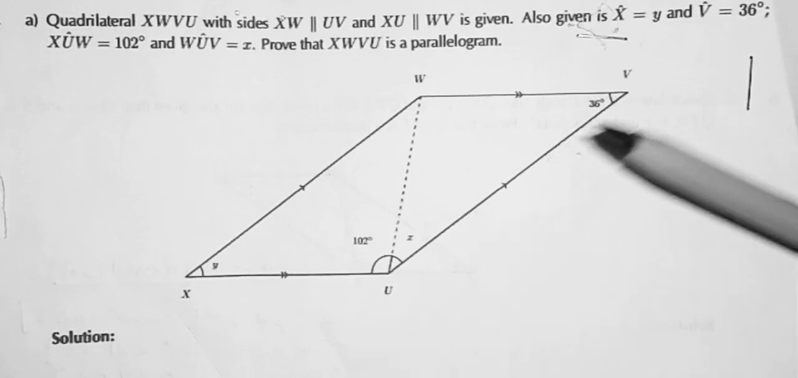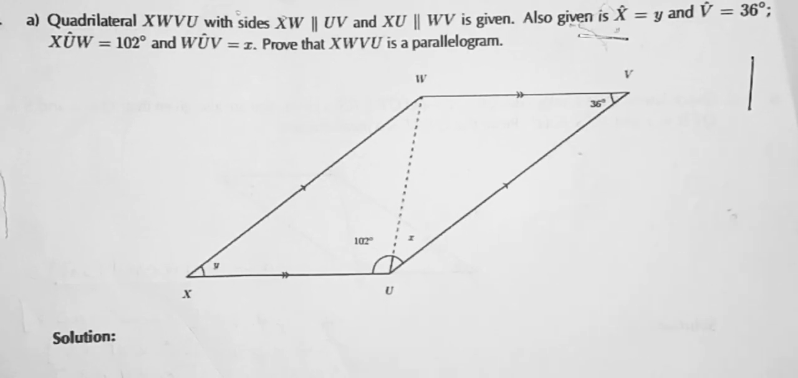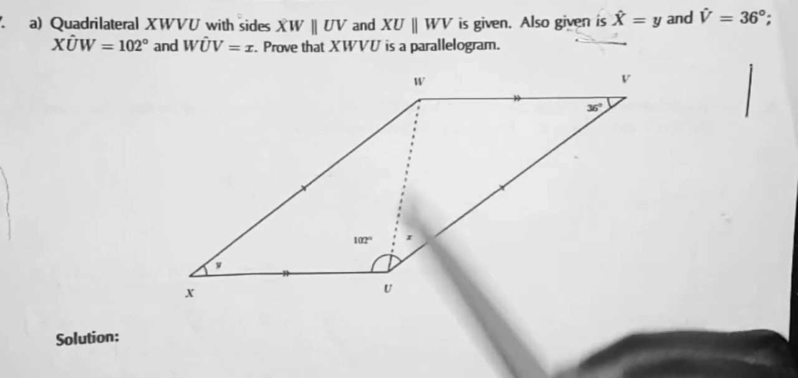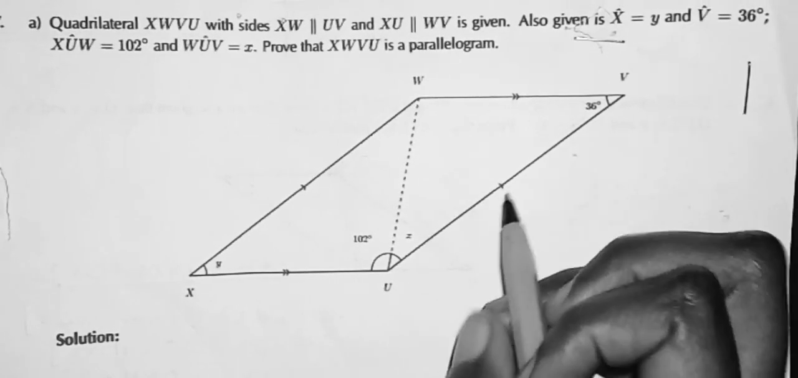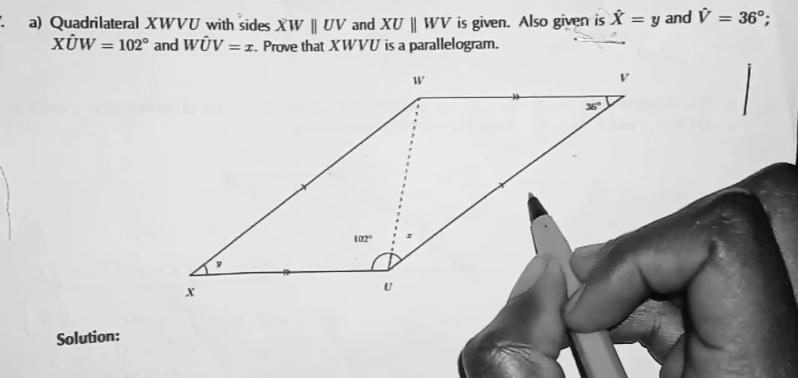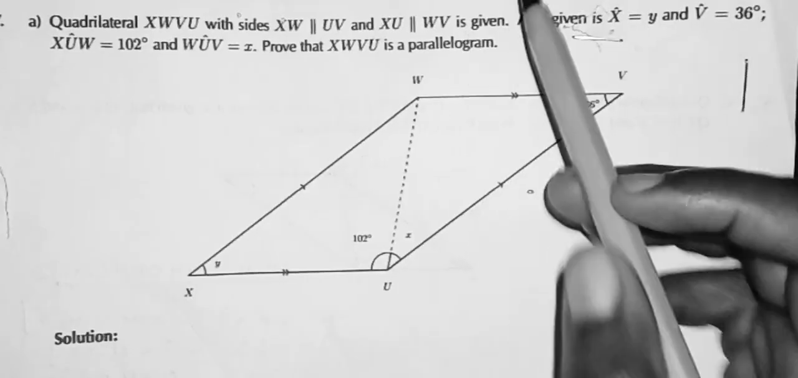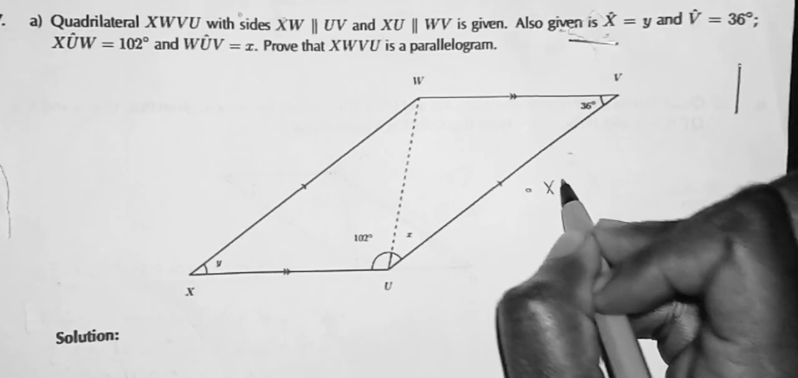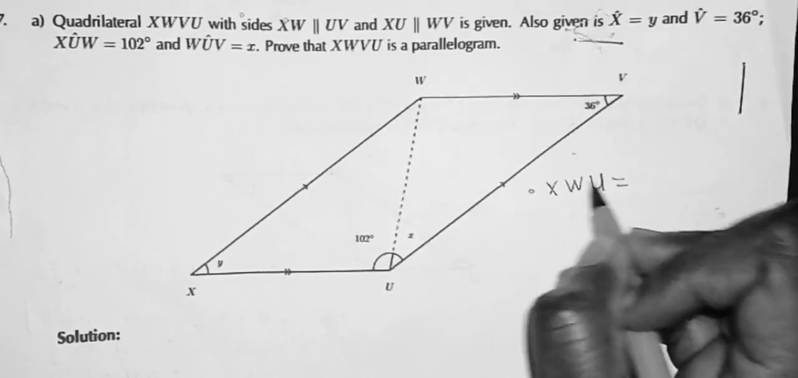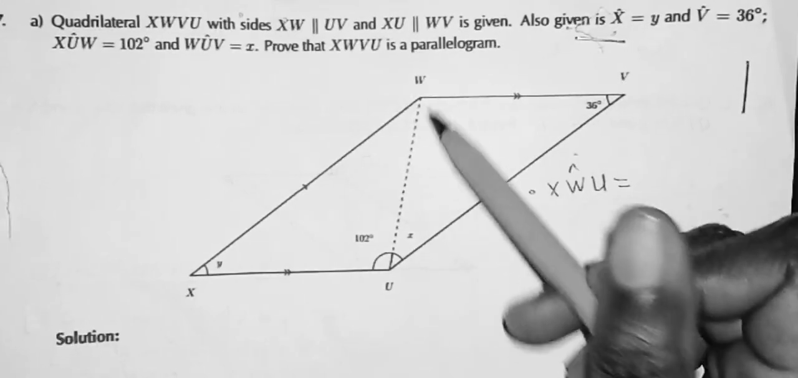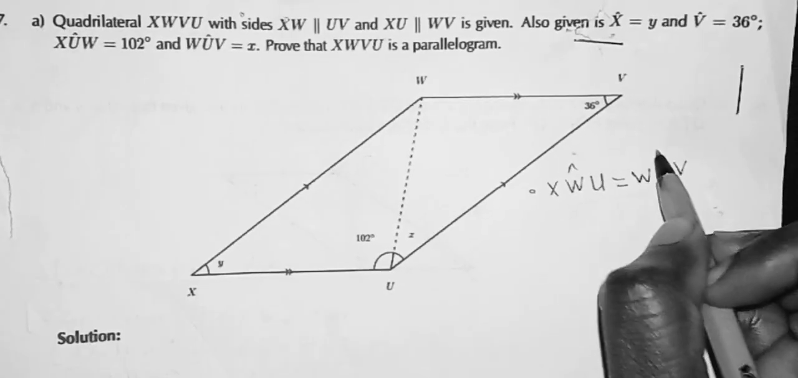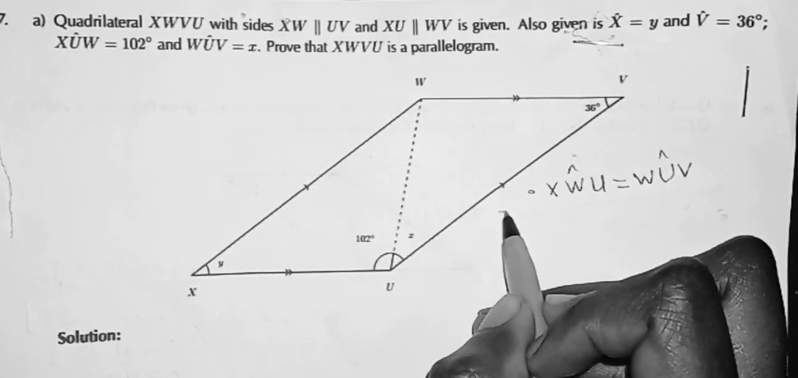XWVU is a parallelogram. First of all, you have to identify any other angles. So we have alternate angles and another alternate angle. My first step, I'm going to write all the alternate angles. So we have angle XWU is equal to angle WUV, the reason will be alternate angles,